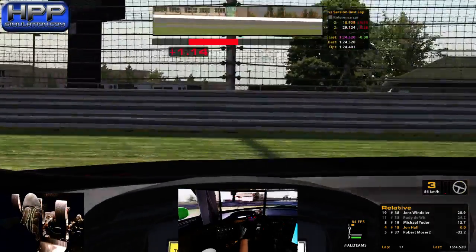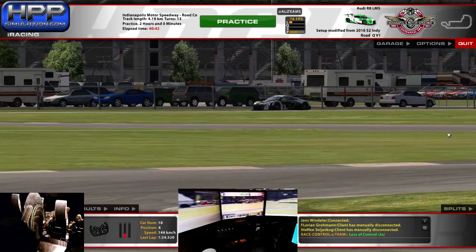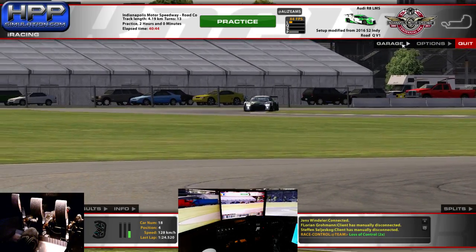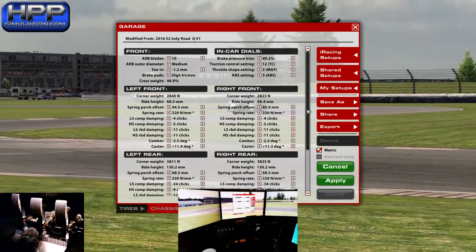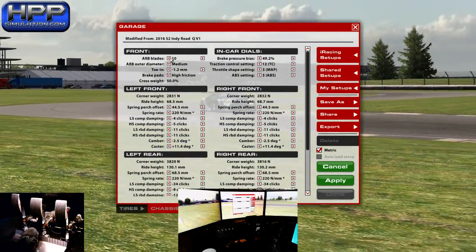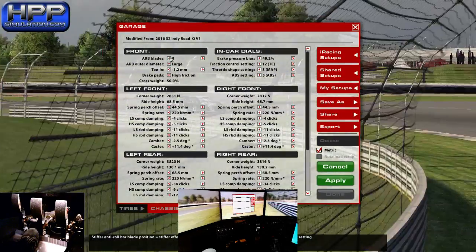Actually, no, I think I'm just gonna... I don't really have time to experiment with the roll bars and everything right now, so I'm just gonna go back on those last adjustments and leave it at that for now. 'Cause that's a whole nother video, is just trying to figure out what a freaking...